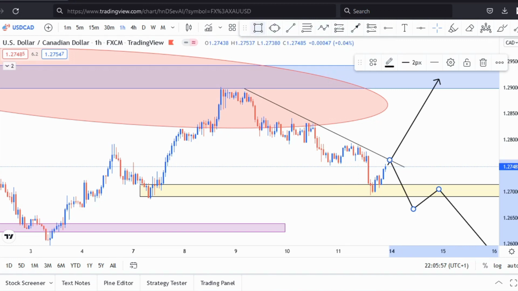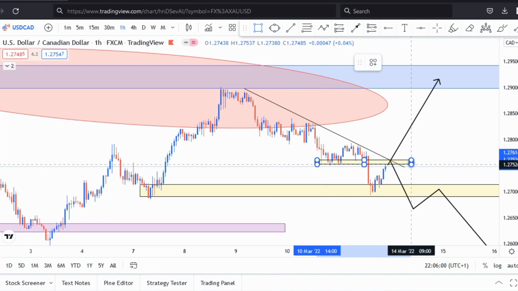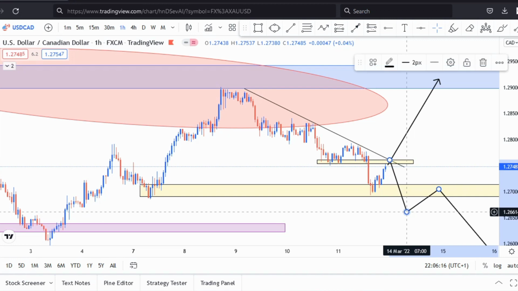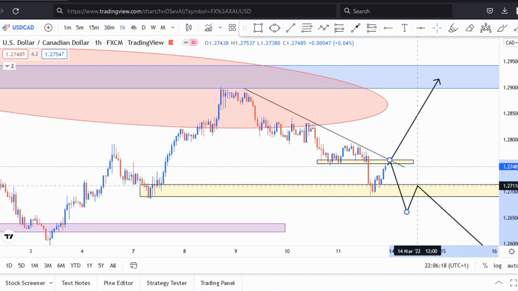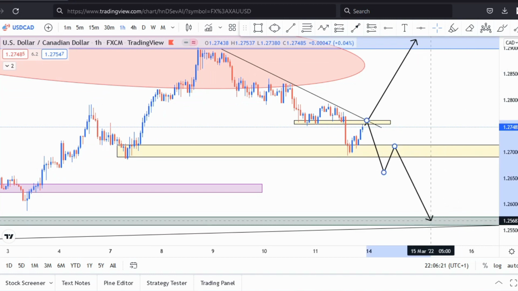I'll just map it out so that you can see it clearly, that price has tested this area before. As you can see here, price came back there, broke it, and our price is going to test it again. So there's that possibility that price could bounce off this area to the downside here, breaking this support level, retesting this area, and then giving us some sell signals all the way down to